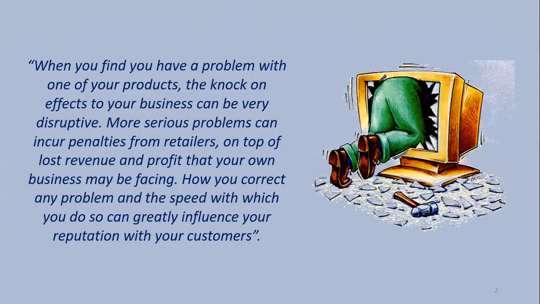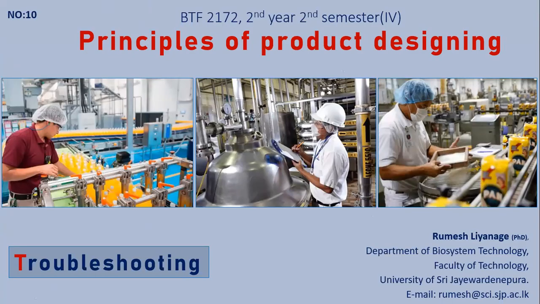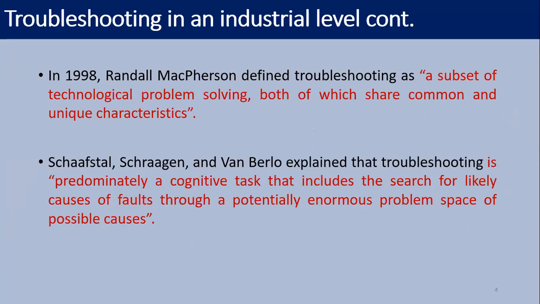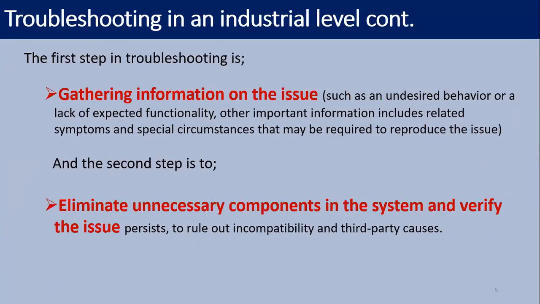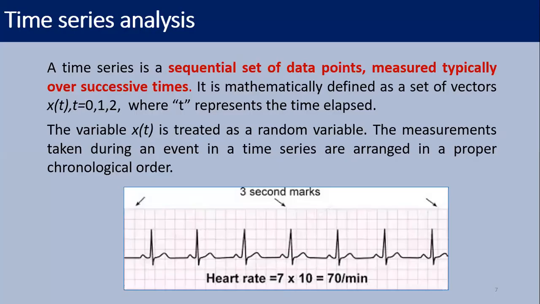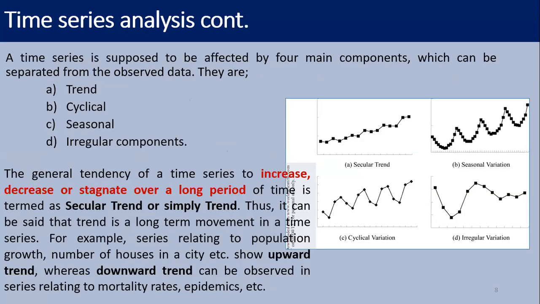Okay. Then we have discussed in this lecture how to shoot the troubles horizon. These are the definitions and some important things. Then there are our first steps, gathering information and eliminating unnecessary things. And we have discussed the process to conduct it. It is very easy. And under the time series analysis, it is critical to select a successive or pre-selected time series. And there are 4 ways to present time series analysis.